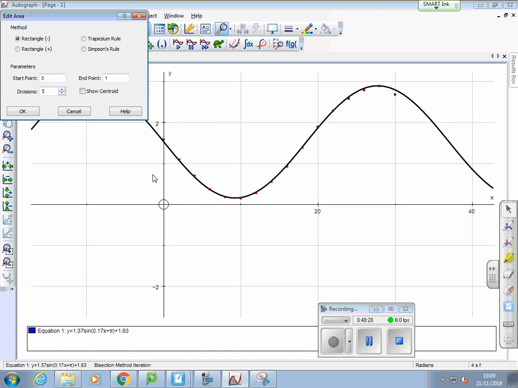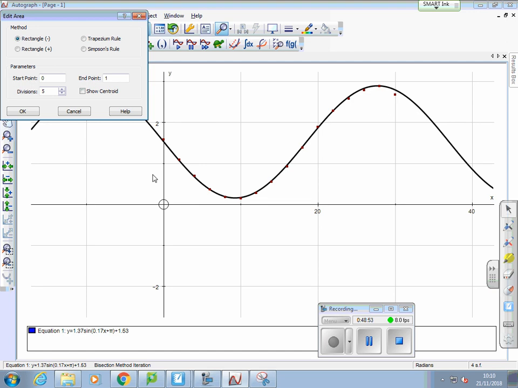You can do that if you want to. The only thing you can't do on Desmos is that last little bit I've now done, the Simpson's rule and the trapezoidal rule. But you can find your function using Desmos if that's what you want to do. That's a little bit more